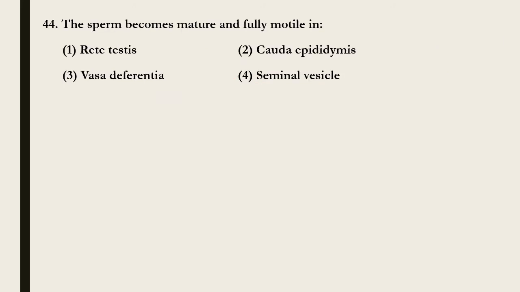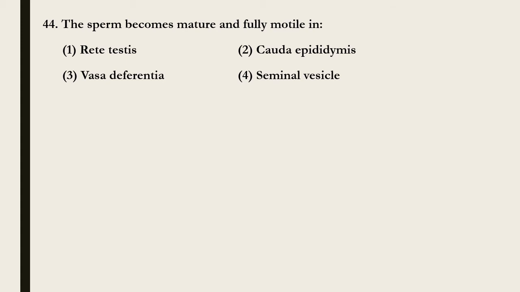Question number 44. The sperm becomes mature and fully motile in options: 1. Rete testis, 2. Cauda epididymis, 3. Vas deferentia, 4. Seminal vesicle. So let's come to this option. Among these four options, the odd one, which does not represent that,